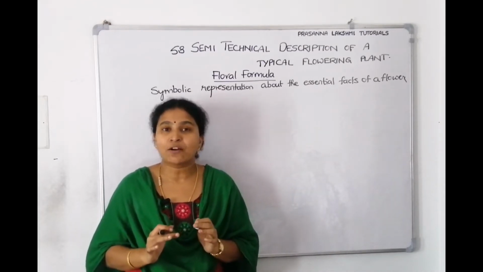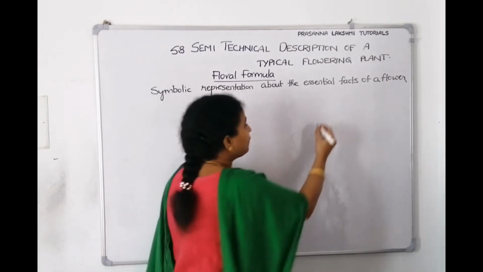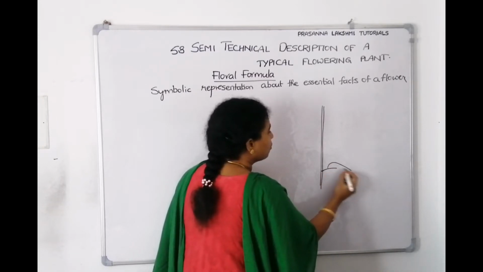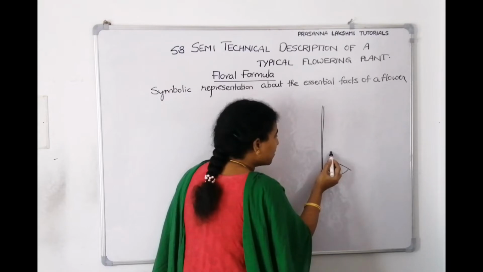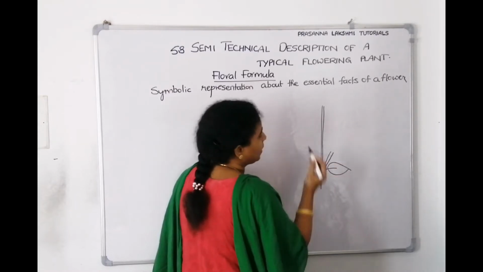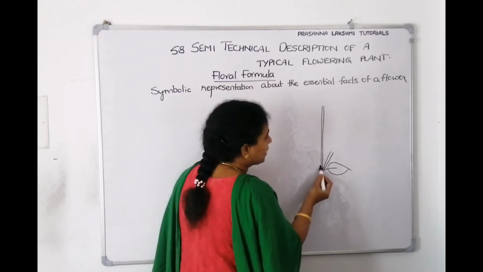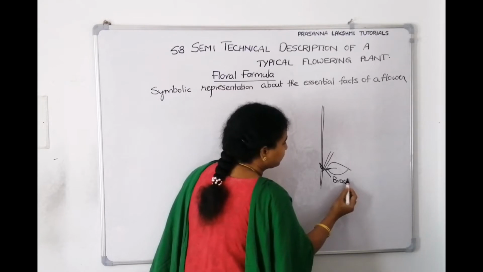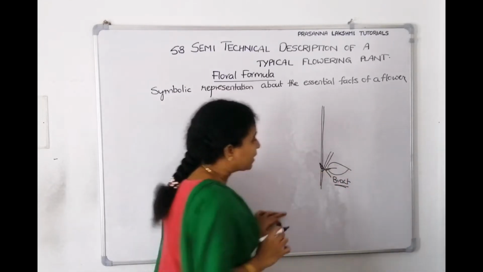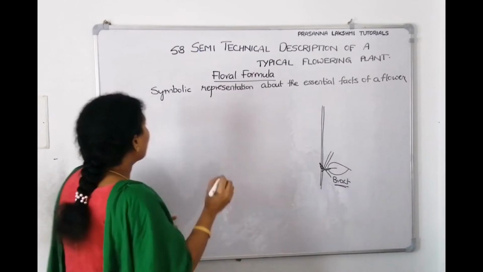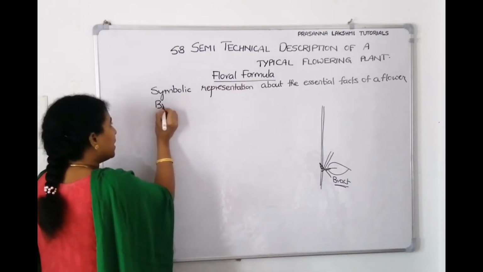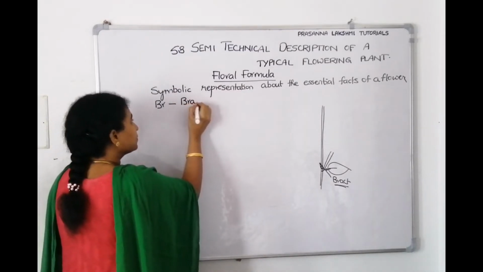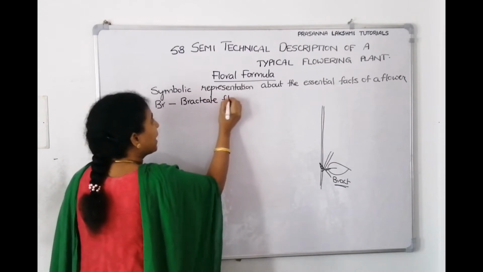Now what are the symbols which we are going to use? We know that if this is a flower, here is a node, from the node the leaf will come, and from the axillary bud the flower will arise, that's called the axillary bud. This is called the leaf base. At the leaf base it has bracts. So this is called bract. On the stalk, on the pedicel, at the base of the pedicel it has bract. Now if the flower is having bract, then we have to use a symbol called BR. BR is a symbol used for bracteate flower.